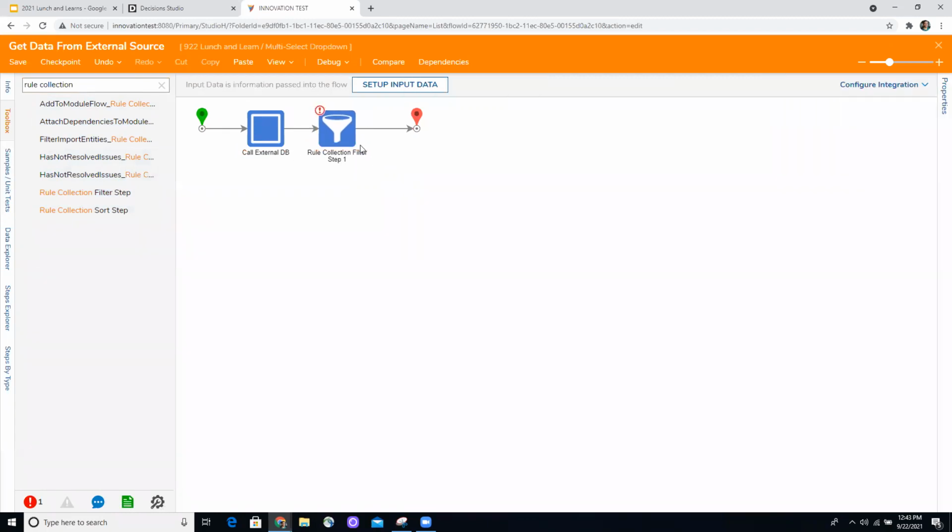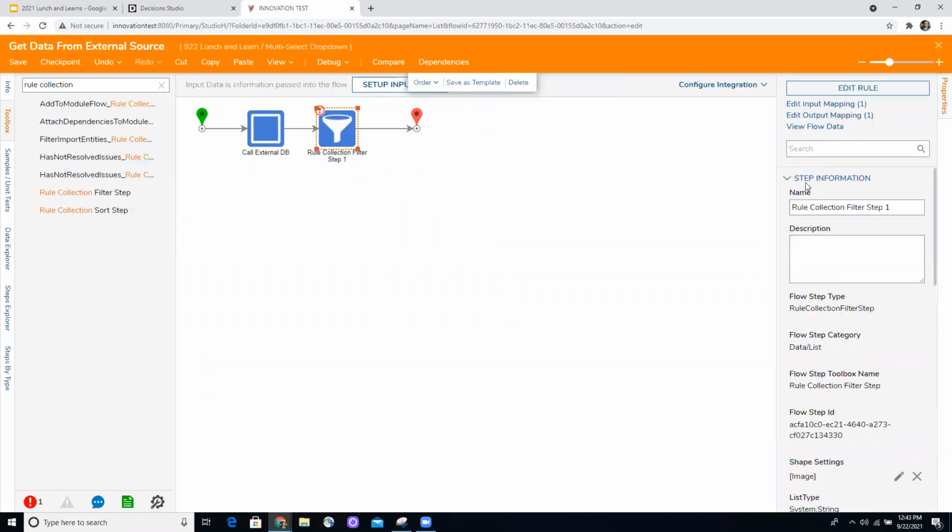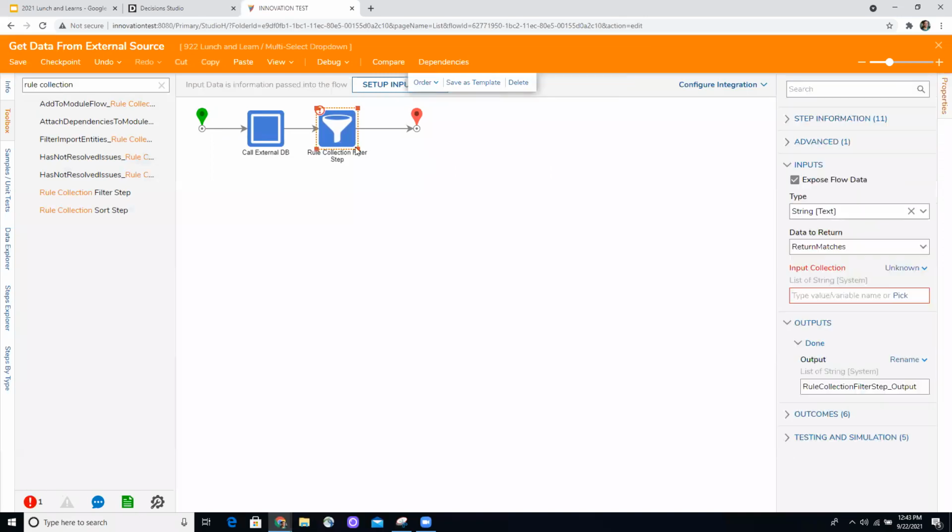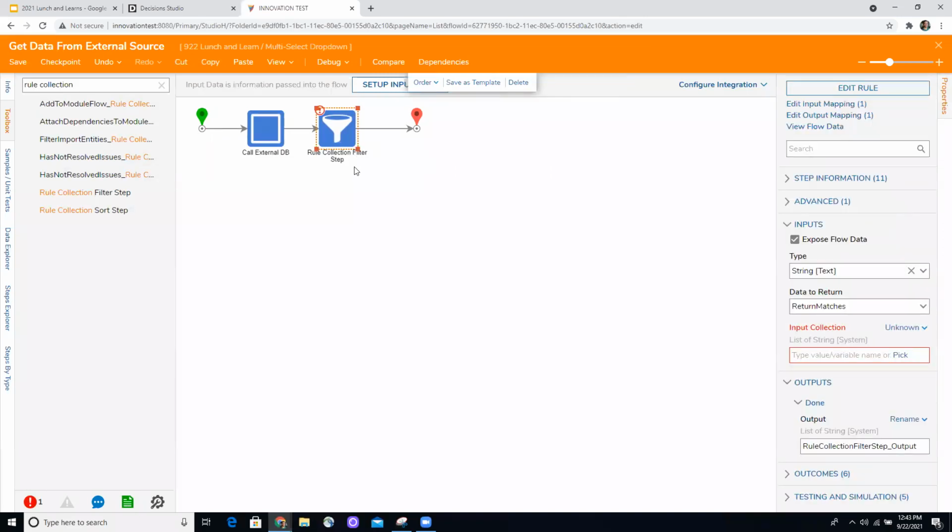Like I said, this is one of my favorite steps, and I want to show you the properties and have a small conversation about why exactly this is a really helpful step. One thing that this is good for is anytime you have a set of data that you're looking to iterate through and you have a rule, so you have a list of something you need to check whether one of the fields on these objects is true, whether or not they contain some kind of string sequence. Anytime there's iteration in a rule, this is a good opportunity to use a rule collection filter to optimize your flow.